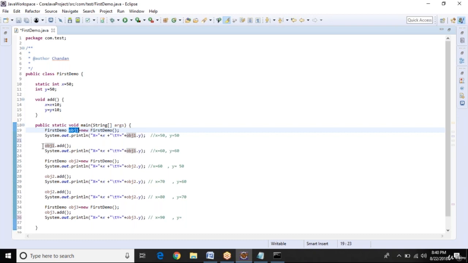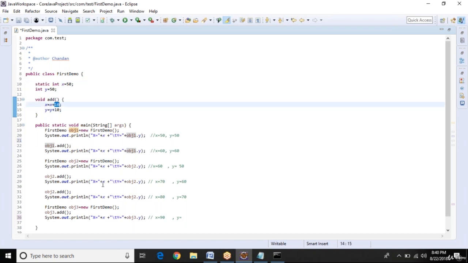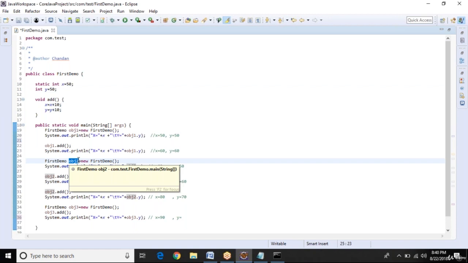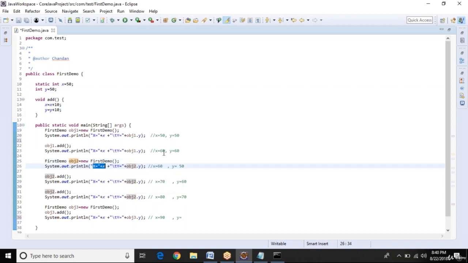So here one object changes the value of the static by 10. That means if another object, obj2, is there, it will also get the increased value, 60. We created another object, obj3, so it will get the last value, 80. And here we added one more thing that increases it, so 90.